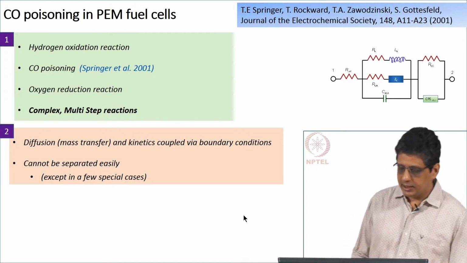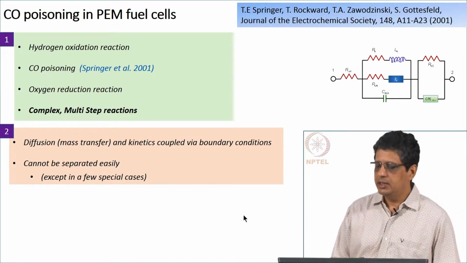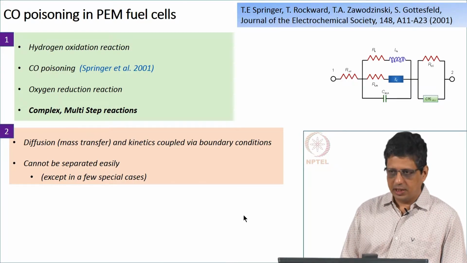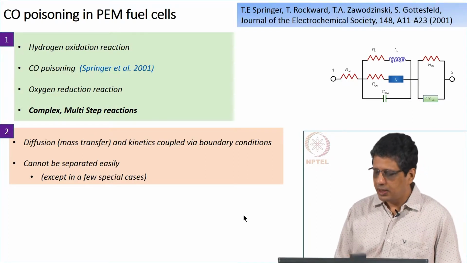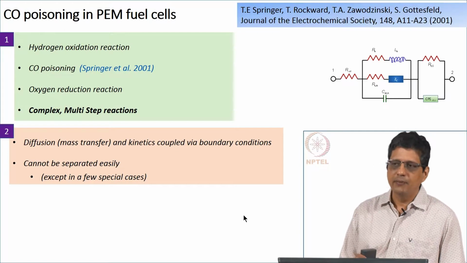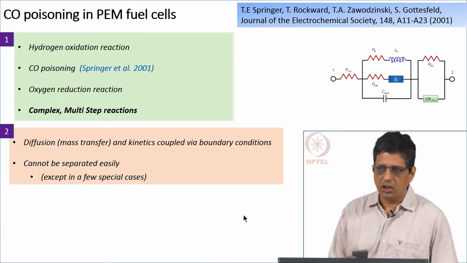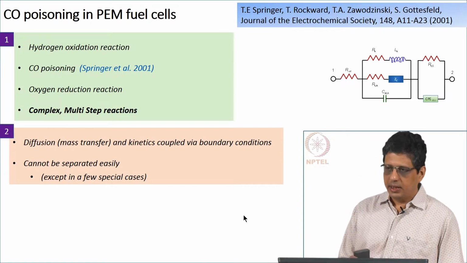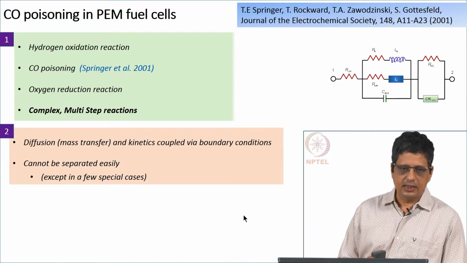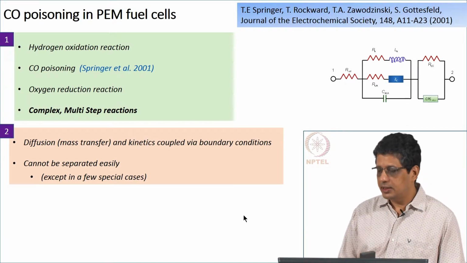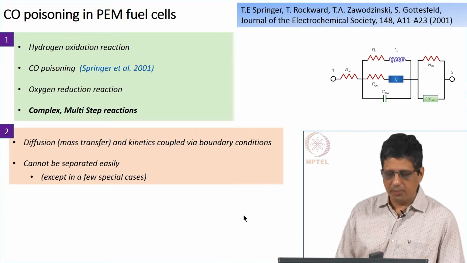And it is not easy to separate, but right now what is done is that you have possibly one adsorbed intermediate that is described by the charge transfer resistance along with the Maxwell couple, that is denoted by Rk and Lk, and then mass transfer impedance is added as Zc or Zw, the bounded Warburg impedance.